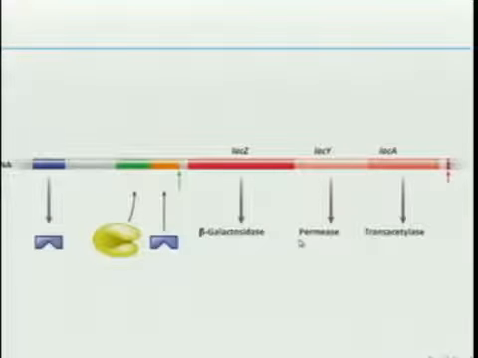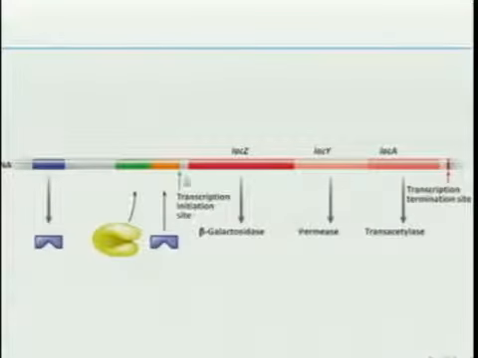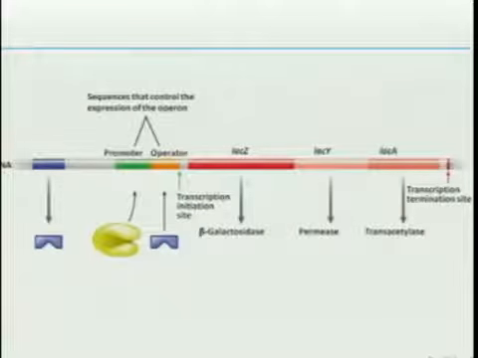How is expression, how is transcription of this gene directed by lactose? Well, this is where the gene starts, and this is where the gene ends. And this is where the regulatory circuitry comes into play. Specifically, in addition to the gene itself, to its coding sequence, the bacterial genome contains sequences that control gene expression, or regulatory sequences. And the 2 types that I need you to know are the promoter. You've already learned about that last time. This is where polymerase shows up and says, unwind, engage. And something called the operator.